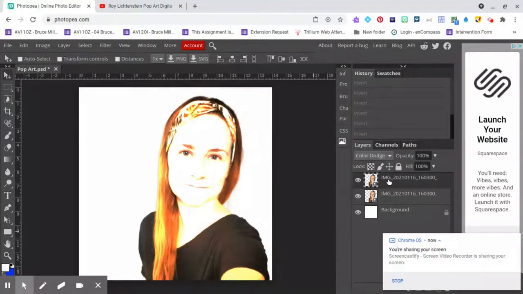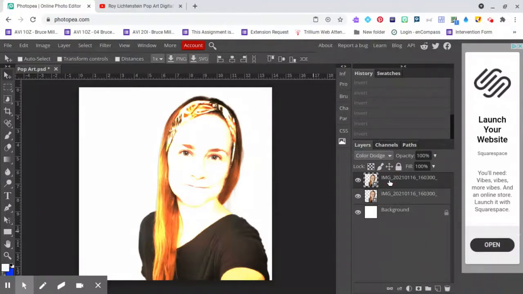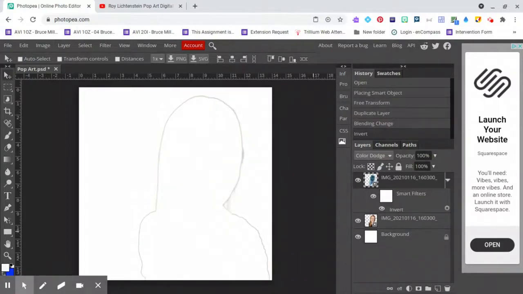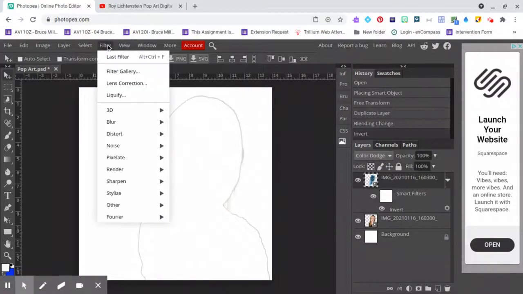The next thing you're going to do is double check that that top layer is selected by clicking it one more time. And then using your keyboard, you're going to press the control button and the letter I. What that's going to do is invert your image. It makes it look like your image has disappeared, but that's okay. That's what you want. Then you're going to go up to Filter,